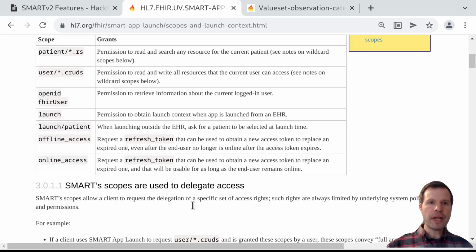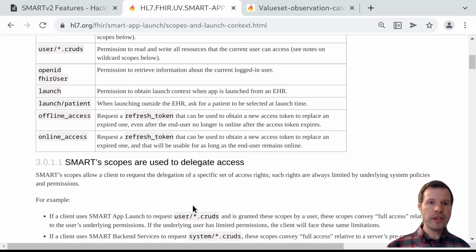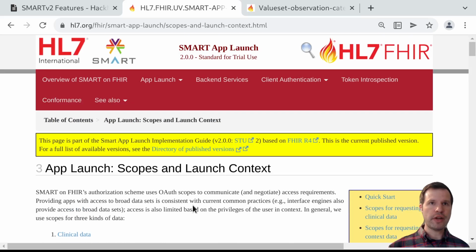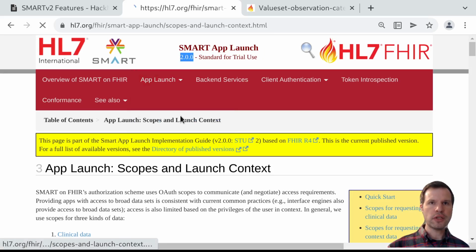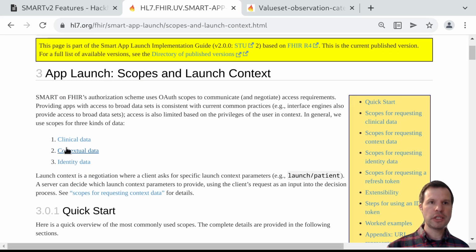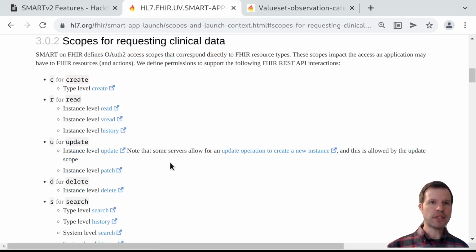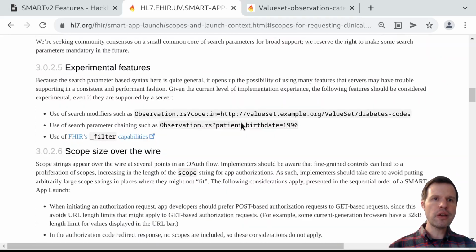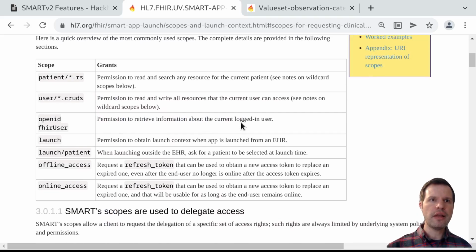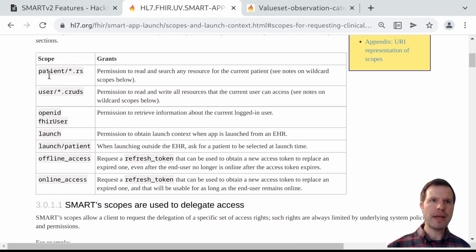So as a quick reminder, from the SMART perspective, we define a set of scopes that are based on FHIR resource types and FHIR interactions. So we're going to look in the SMART App Launch specification, the current release, which is version 2. And then under the App Launch menu, we're looking at the Scopes and Launch Context page. And very briefly, we have a set of scopes that can be used to request clinical data that look something like the following example. So I might ask for a scope like